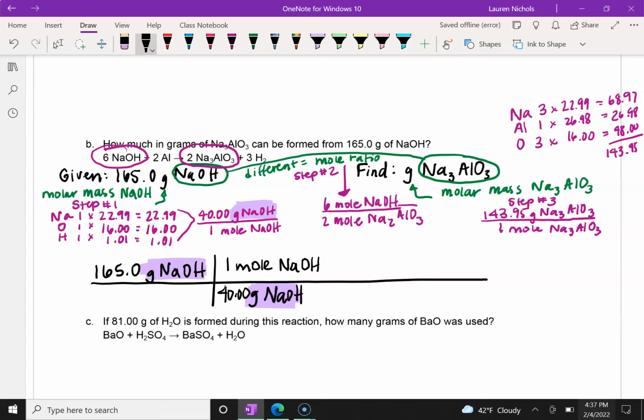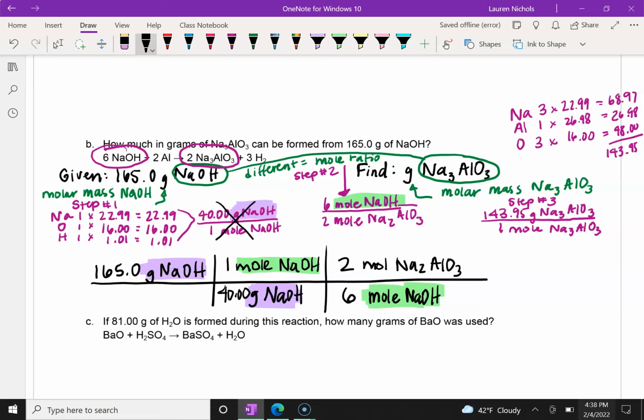Now, moles of sodium hydroxide is not what we're looking for, so we're going to have to keep going. So again, we need to cancel this out, get rid of them. We don't want to keep them. They're not what we're trying to find. So that means that moles of sodium hydroxide must appear at the bottom. Now, we've already used the molar mass of sodium hydroxide, so we can't use it again. So out of all the ones that are left, only our mole ratio has moles of sodium hydroxide in it, and so we're going to have to flip it. So we're going to put 6 moles of sodium hydroxide at the bottom and